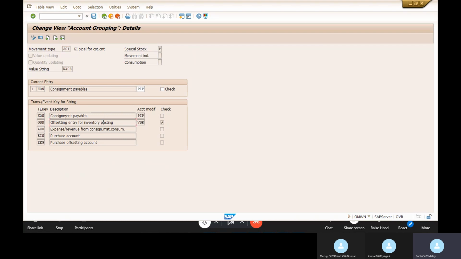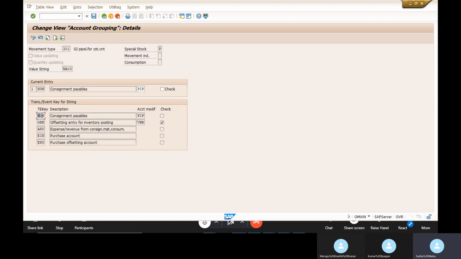These transaction event keys will have an assignment with your GL accounts. So based on this transaction event key only, the GL account will trigger.